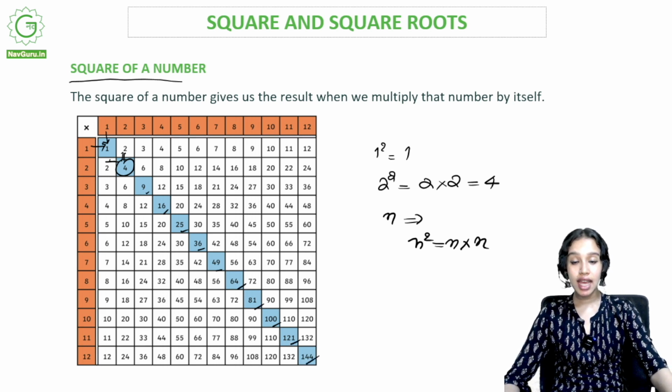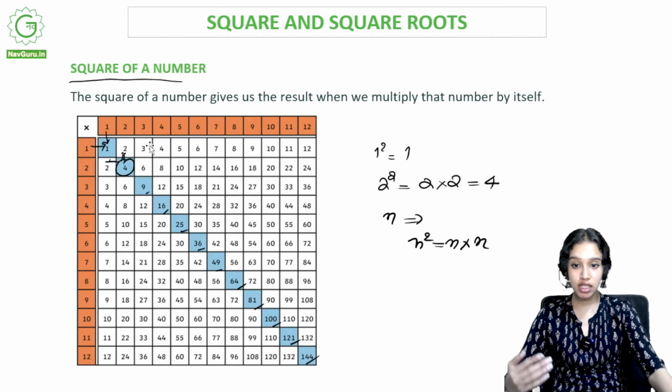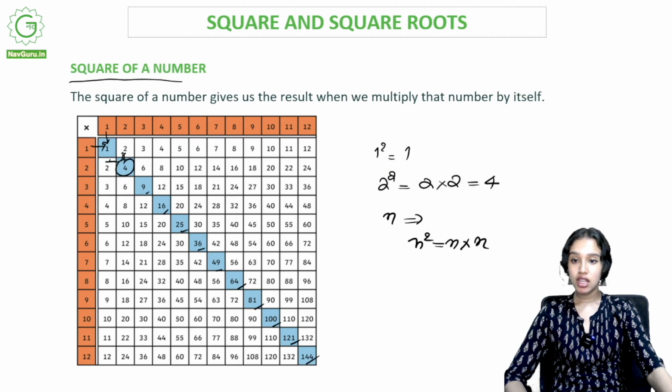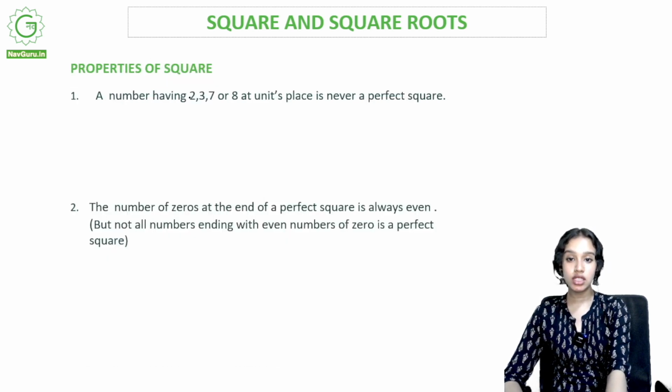Do you see any numbers like 2, 3, 7 or 8 in the ones place here? No, we don't. So we can say that a number having 2, 3, 7 or 8 at the unit place is